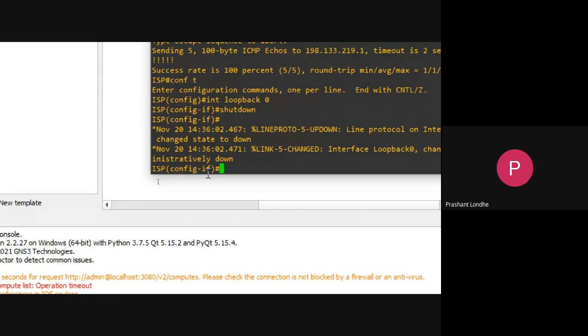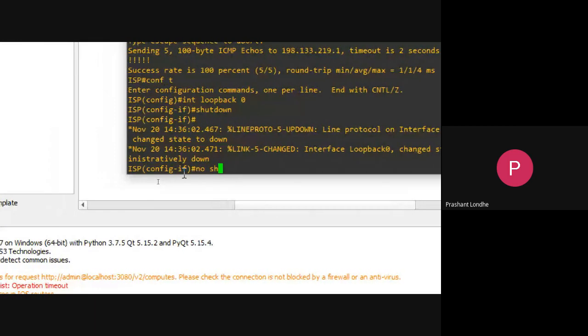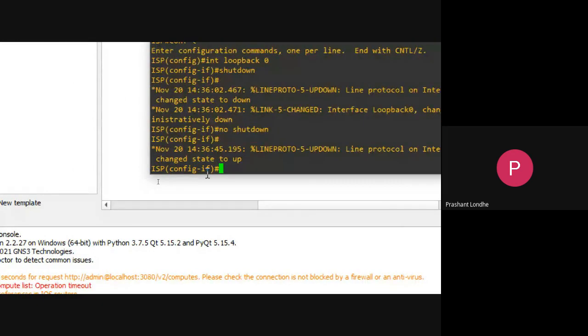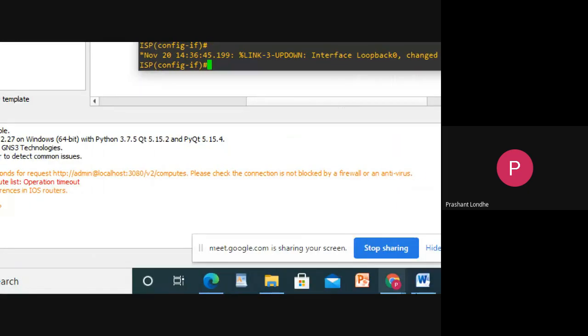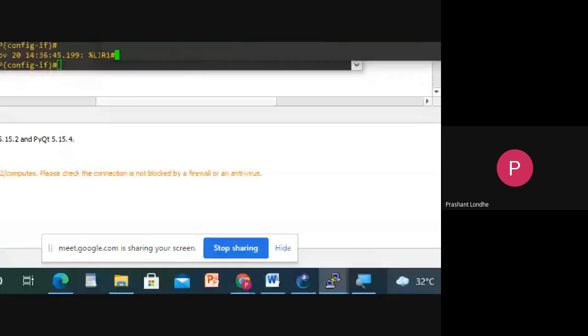And then again I will do no shutdown. Again wait for 20 seconds or till this message is coming over there. Once it is done, again I will go back to the IPSLA to see the statistics.